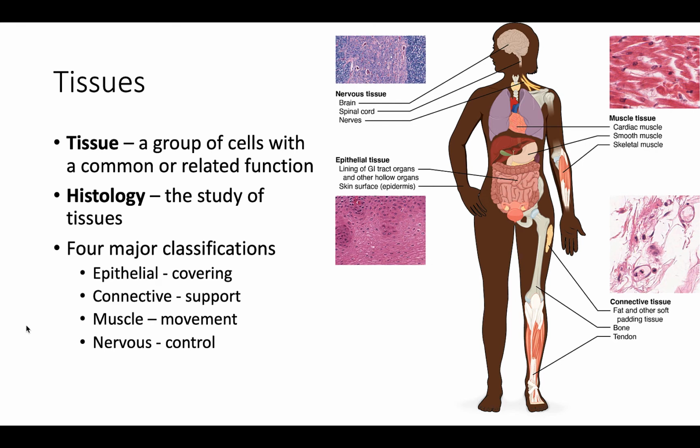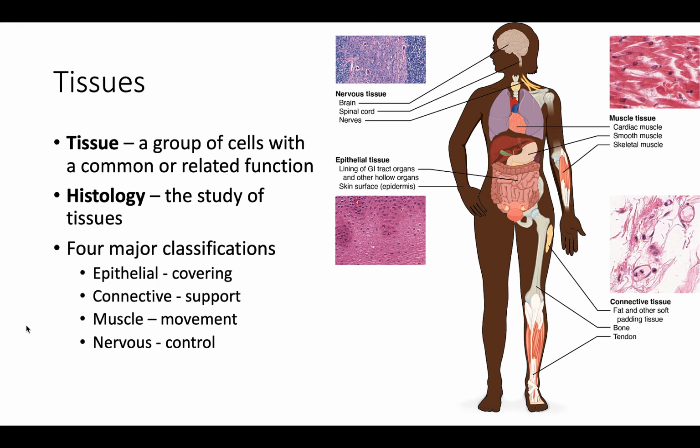Well, we kind of talked about this in the beginning of the semester. A tissue is just a group of cells with a common or related function. Different tissues will work together to form an organ, and most organs are going to contain all four of these types of tissues. So histology is the study of different types of tissues, and those four different types of tissues